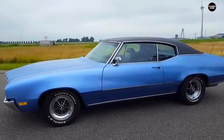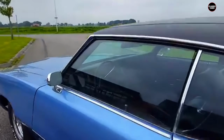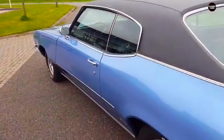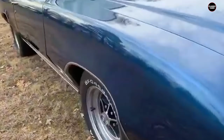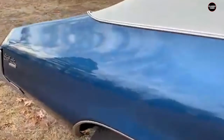than an asset. Fuel efficiency was another significant concern for the Skylark. With the onset of the oil crisis in the early 1970s, consumers became increasingly aware of the rising costs of gasoline. Unfortunately, the Skylark's fuel economy did not align with this newfound awareness. Its large engines, including a standard 350 cubic inch V8, delivered respectable power, but that came at the expense of fuel consumption. Many buyers found themselves frustrated by the need to frequently refuel, particularly as they sought vehicles that could offer more miles per gallon. The Skylark's inefficient fuel usage made it difficult to justify its ownership, especially when competitors were beginning to offer more